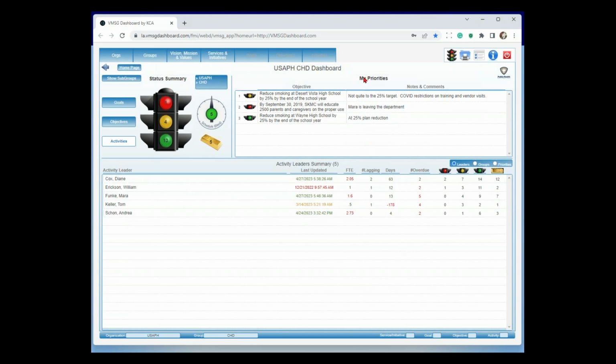Top right corner, my priorities. Individually selectable objectives that you want to keep your eye on. So it's kind of a bookmark up here. So what I'm allowed to do is to say, these are the objectives I want to keep my eye on. Typically, they're yellows and reds. And typically, the things that either I'm working on personally or my team is working on, and I just want to keep them front and center. So they're going to show up there. The traffic lights will change in real time if I need that. So this is my dashboard screen. This is the ability to look at the big picture for anything in here.